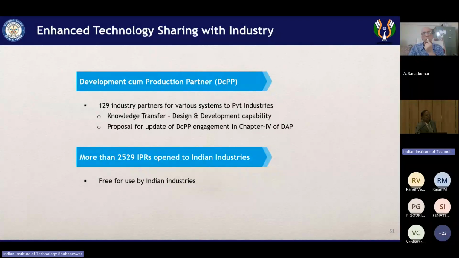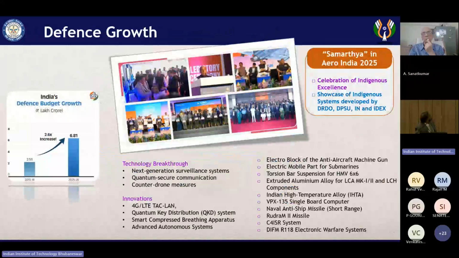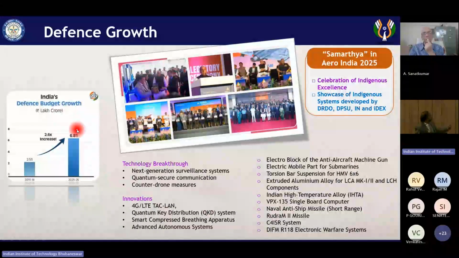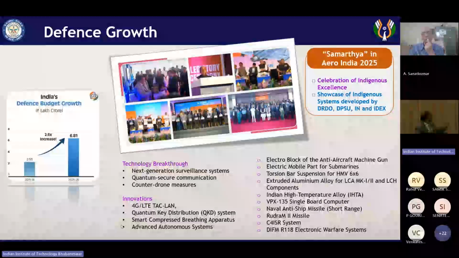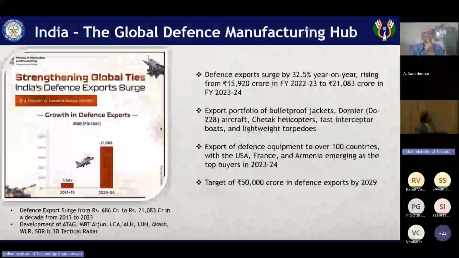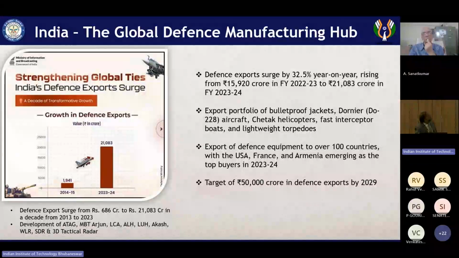And the sooner you realize these projects and come forward, maybe, God willing, we'll have a center of excellence here as well. So all this is going to be the defense growth in future. As our growth increases, our budget also increases. 2.53 lakh crore in 13-14. Today it is going to be 6.81 lakh crore. That's the kind of growth we are working toward. And this is what shows our self-reliance in defense. So India is going to be a global defense manufacturing hub. That global, it is not only Atmanirbhar Bharat, it is global, because all the countries beyond India are looking forward to India to deliver them the weapon systems for the future.